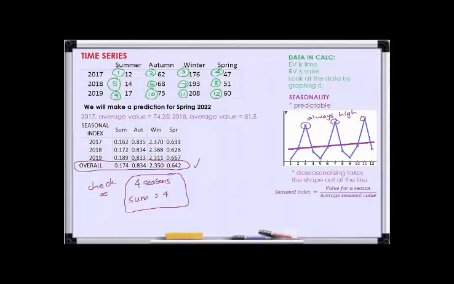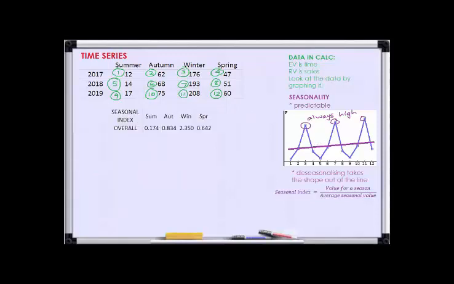But wait, we're still not done yet. Now we need to calculate the deseasonalized actual figures. So I need to divide, deseasonalizing means I'm dividing. Now I'm going to divide by my seasonal index to take out the shape. This is the whole point of this exercise. So as I said, to deseasonalize, we want to divide. We're just going to write that down because the D's go together. To deseasonalize,